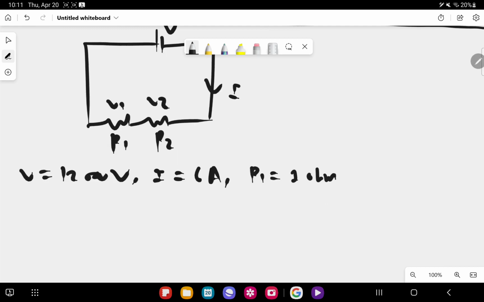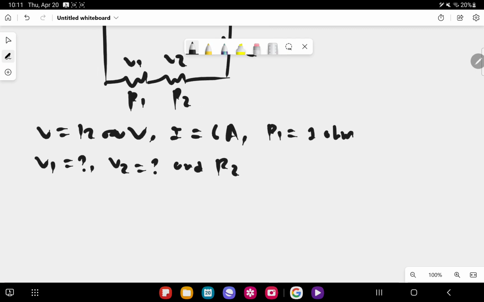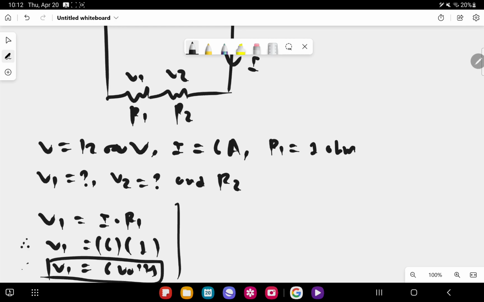Now, we are asked to determine the value of V1, V2 and R2. Alright. Now, according to Ohm's law, V1 is equal to I times R1. Alright. Now, V1 is equal to, I is 6 amperes according to the problem statement, and R1 is 1 ohm. Therefore, V1 is 6 volts. So, voltage drop across resistor R1 is 6 volts, and